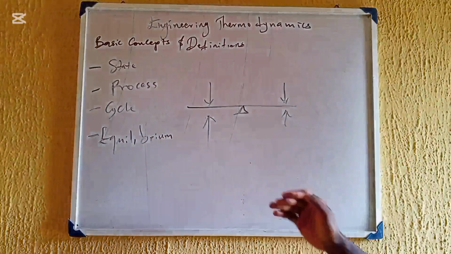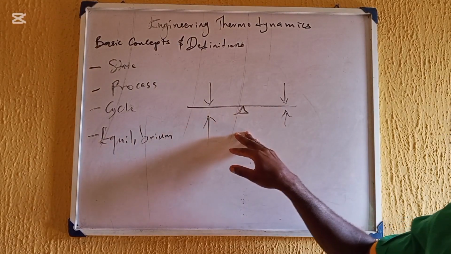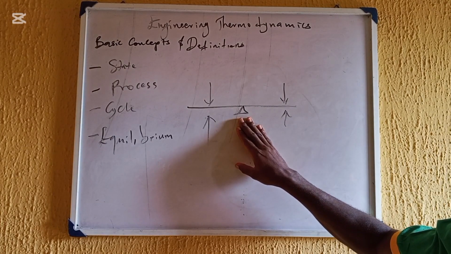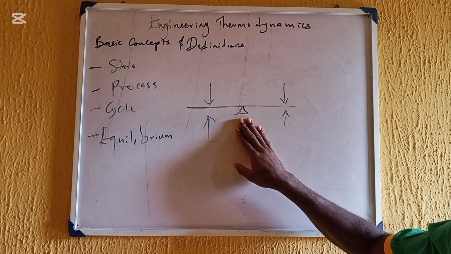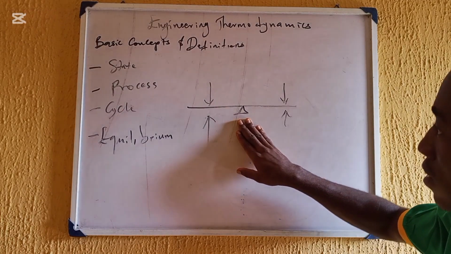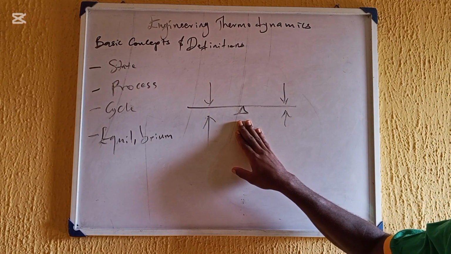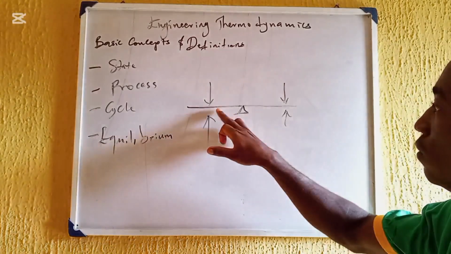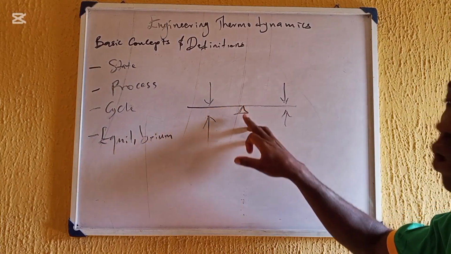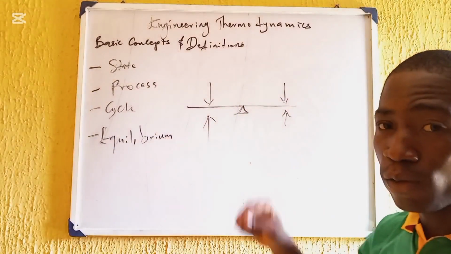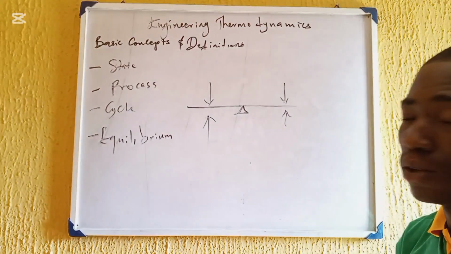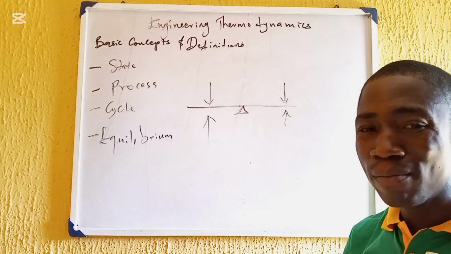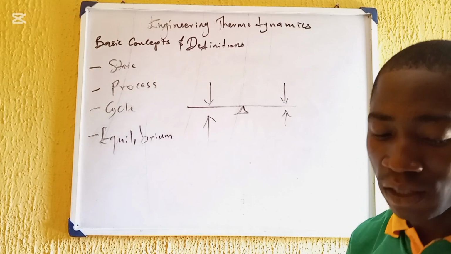Now, in physics, of course, we have something like this, the knife edge experiment. This is stable not because there is no force acting on it. Because if we say there is no force acting on it, that's why it's stable, we are wrong. Of course, gravitational force is acting on it. When you move this ruler away from the point of equilibrium, that's when you realize that forces are actually acting on that ruler. So, what is equilibrium? It is not the absence of forces, but when balance is maintained by equality of opposing